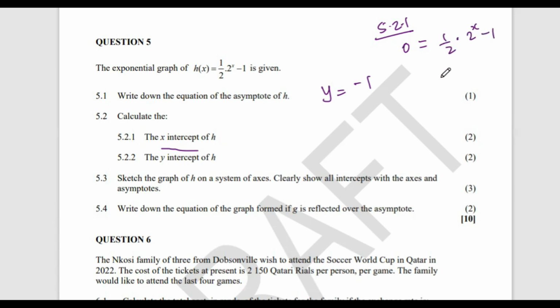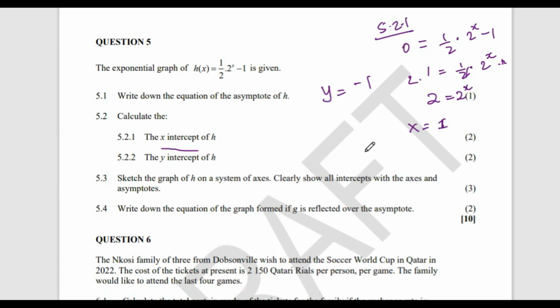When I move the 1 that side, I'm going to have a 1. Then multiply. It's okay, let me just go bit by bit. Multiply through by 2. 2 is equal to the 2 to the x. Because a half times 2, and then times 2, this 2 cancels out. So which means my x has to be a 1.